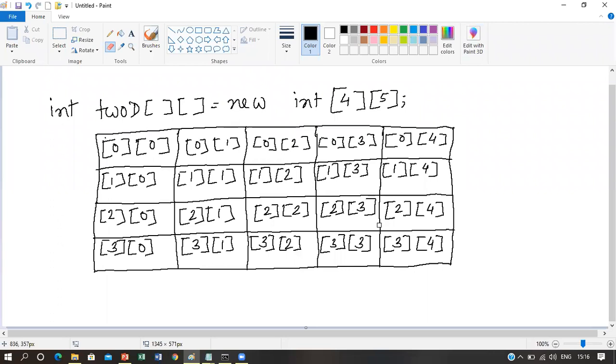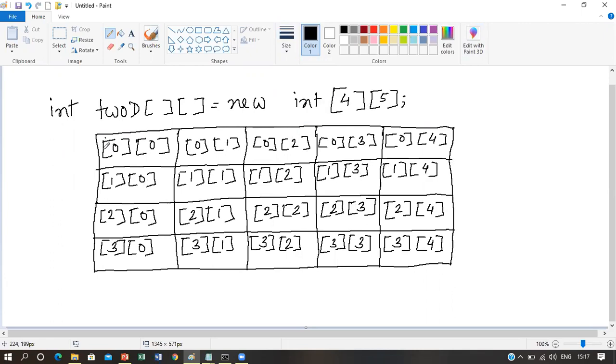Conceptually in memory, the 2D array looks like this. This is the 2D array that we have just declared, which is an array of arrays, also known as a matrix. This is a 4 cross 5 matrix. If you look conceptually in memory, this array will look like this, where all the left indices are known as rows and all the right indices are known as columns.